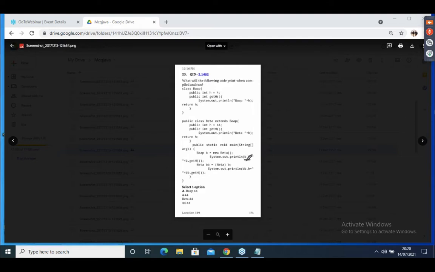Here, bH plus getH, right? Method gets the priority. This is going to be invoked first. Here it prints what? Beta 44. Then it returns the value what? 44. So Beta 44, then 444. The same way again, b.getH, again Beta 44, then 44 and 44. So C is the answer. Which is the answer? C is the answer. So first, why means whenever, for example, let's say I will explain here.